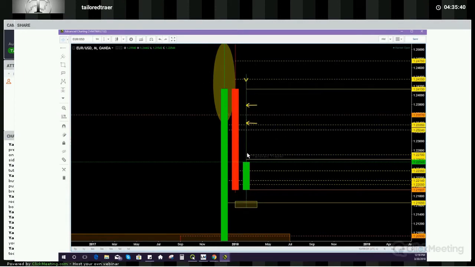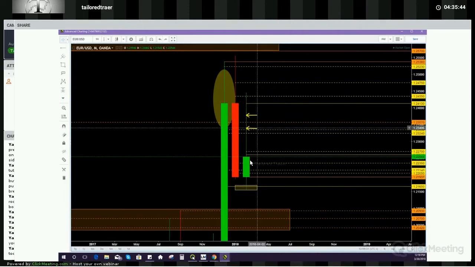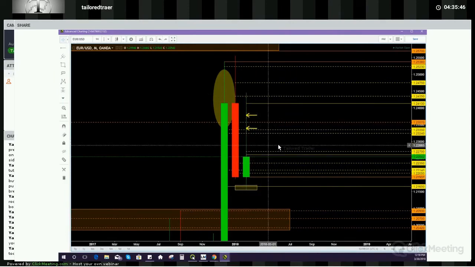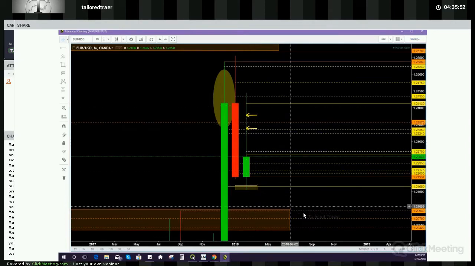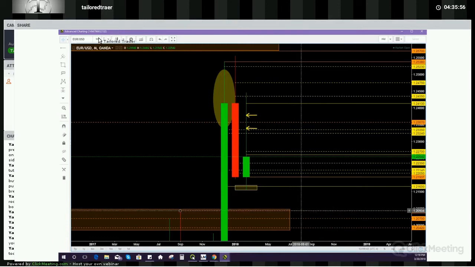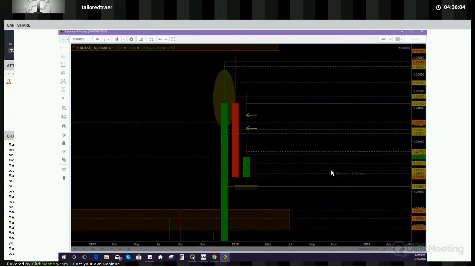All right, and so this is going to be a major price point here for me, and what I'm looking at, because it's going to be a deciding factor. We can either do a couple things, either close in the middle here, fill some space up here, or of course, if this is going to remain rejection on the weekly and monthly, we can finally get our push potentially down to the 1.21 evens and lower. Okay, not going to go too much deeper from that. There'll be another weekly video that we'll have more market data to